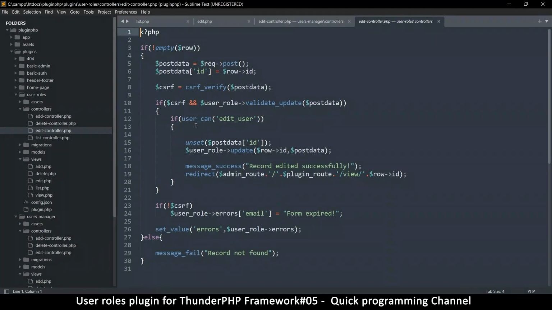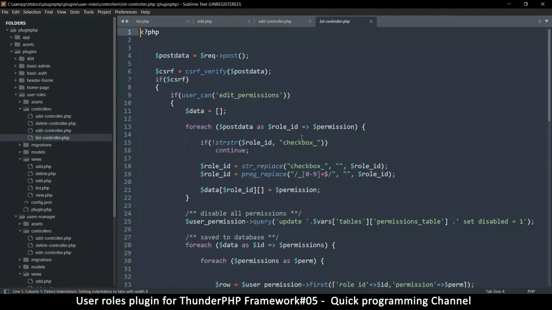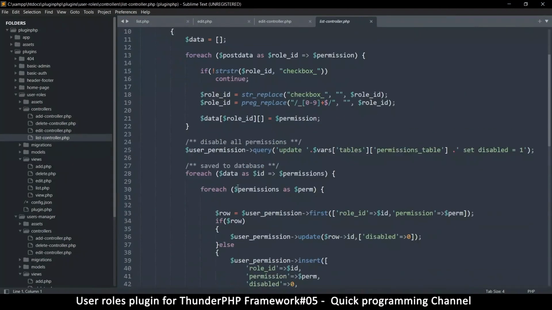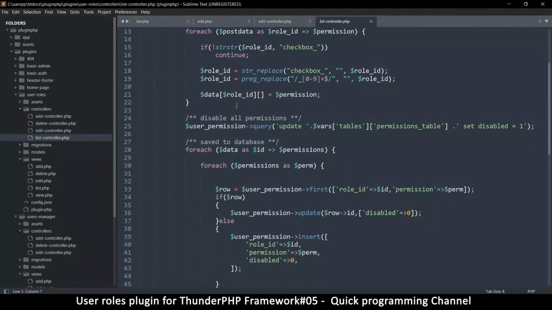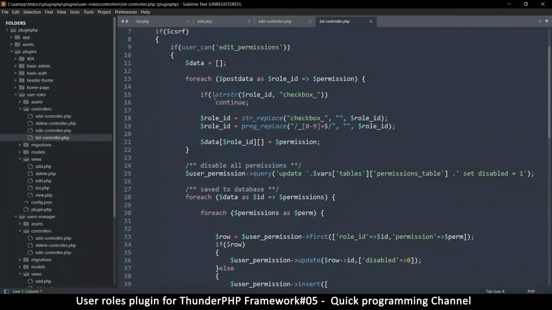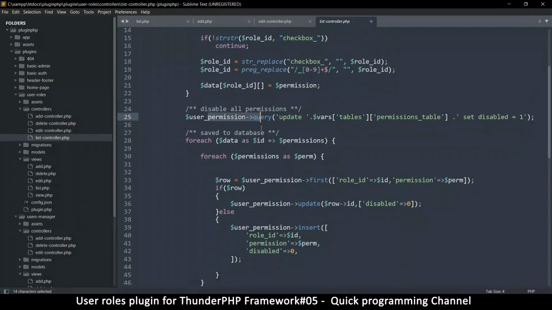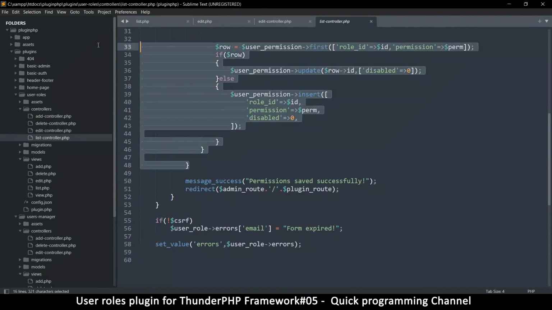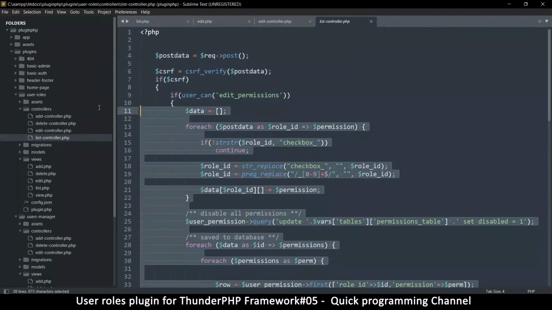Is it here? Oh no, it's in the list controller. Yes. So this part where we disable stuff, in fact it's this whole thing here, row ID, checkbox. So from here, let's see, query, permission, and so on. Okay, so all of this, I'm going to copy this just so I save on